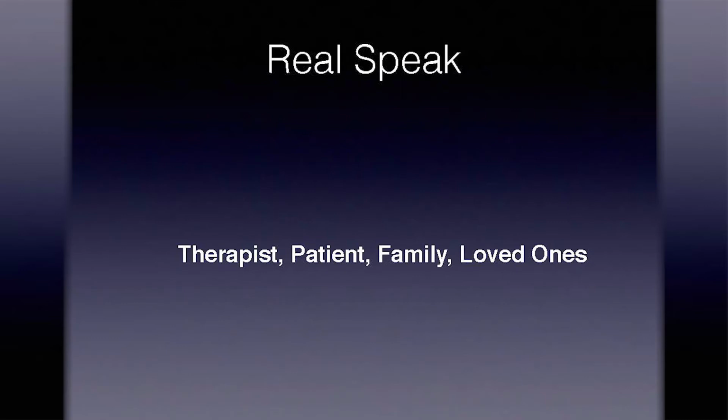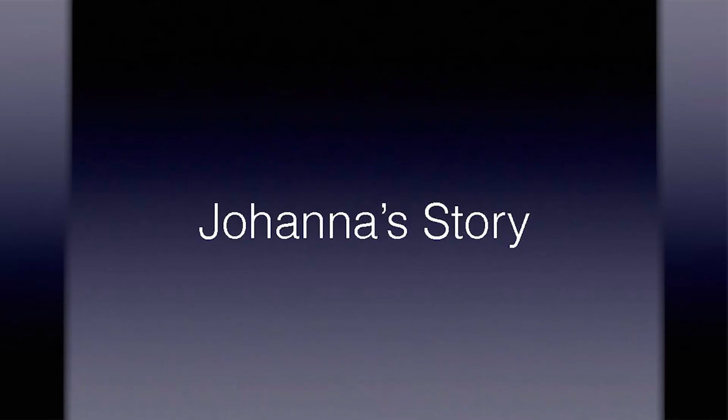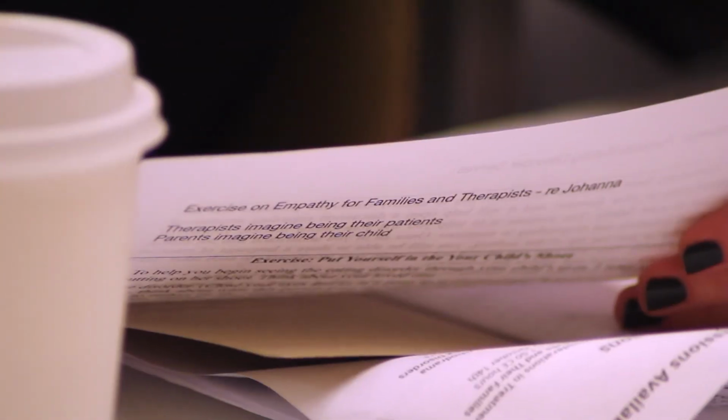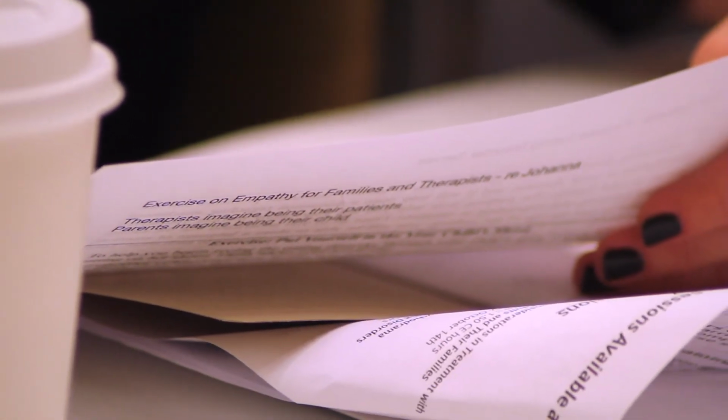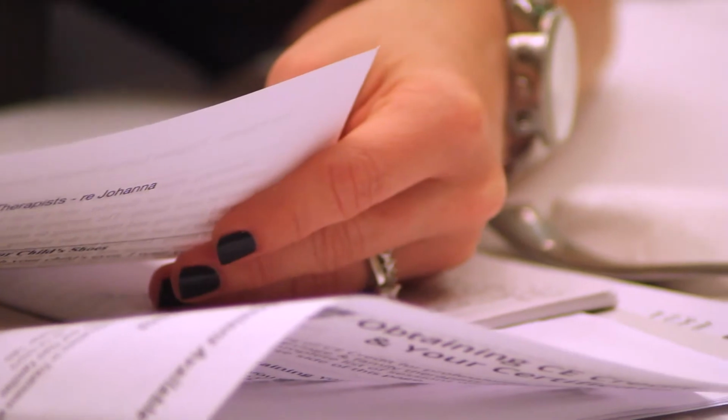Okay, so now we get to the more fun stuff of all that application of theory and how it works in a case. So what I'd like to do, using the case of Johanna, and I'm going to read it because I think it will be, you don't have to read it with me, you can just kind of absorb it. All right, so here we are all together, right? Now trying to make sense of a case for those of us as therapists, for family members, for patients, to try to use this all together that, again, we are learning one way to be. So Johanna.